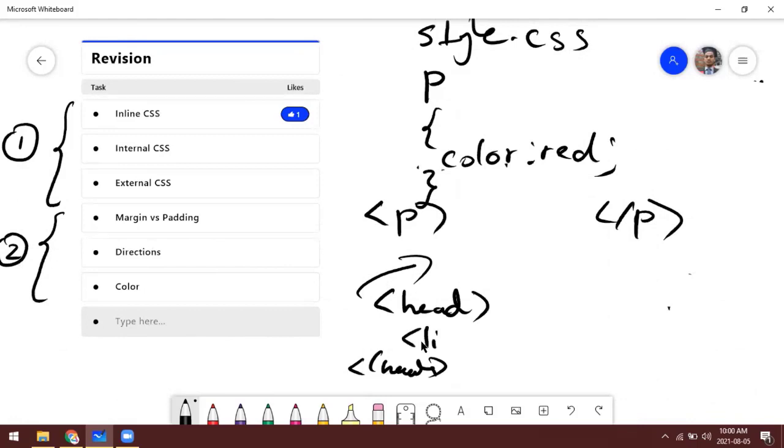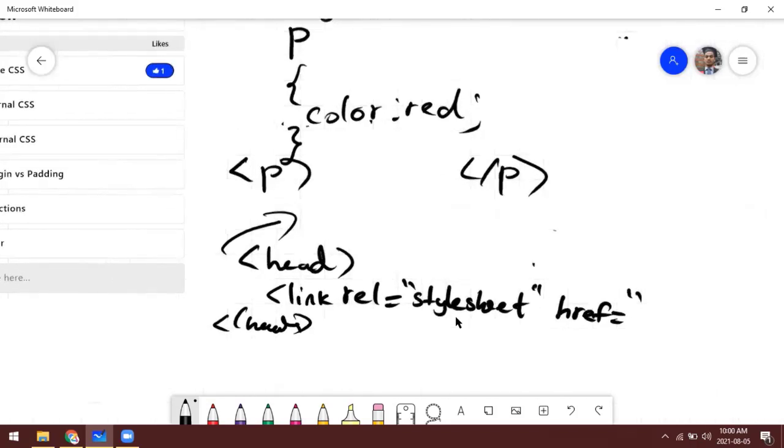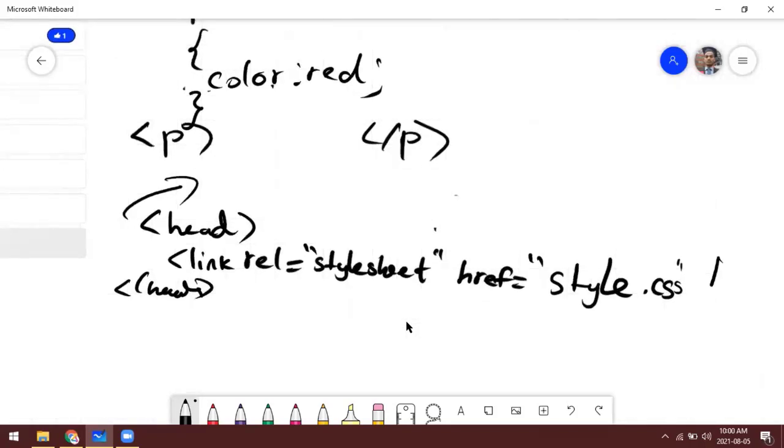Using the link tag, here we use rel stylesheet, and then the attribute href, and we give the reference of our CSS file. For example, if the CSS file's name is style.css, then we give it this way and we finish this, right?